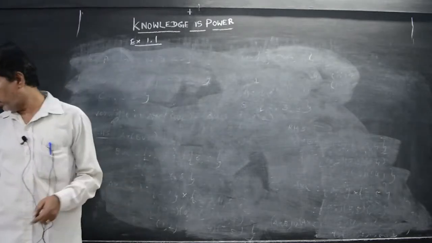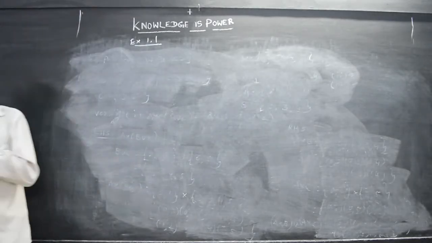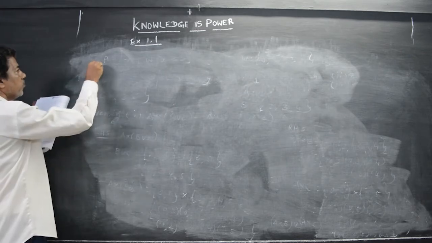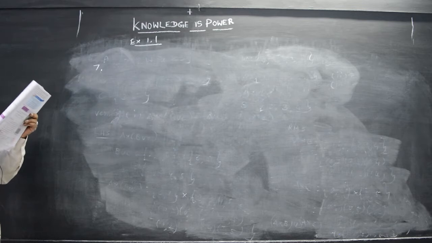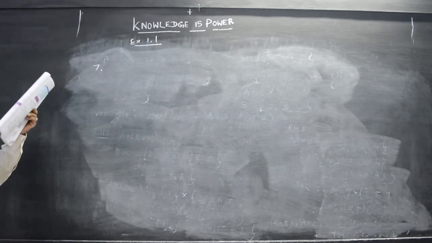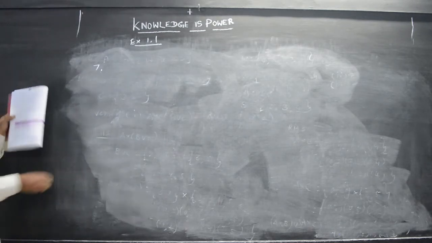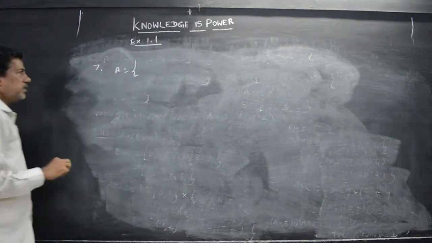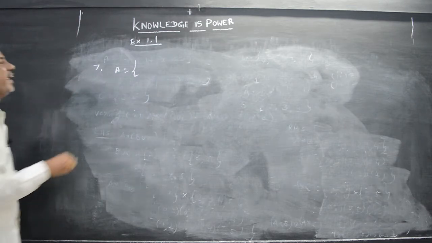Now the last sum in the exercise, so that also has 2 roman letters. I will do one of the roman letters, the seventh one. Verify from the textbook. Let A equal to the set of all natural numbers less than 8. The question is given A equal to the set of all natural numbers less than 8.